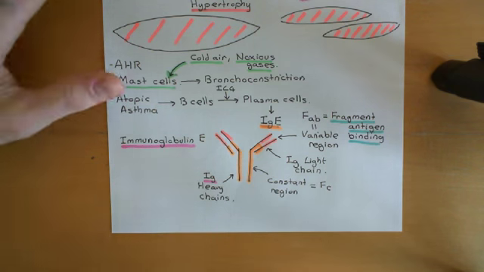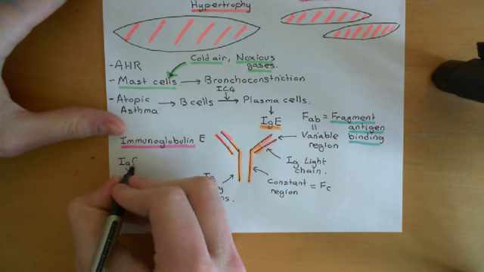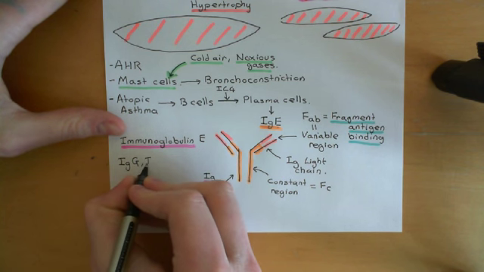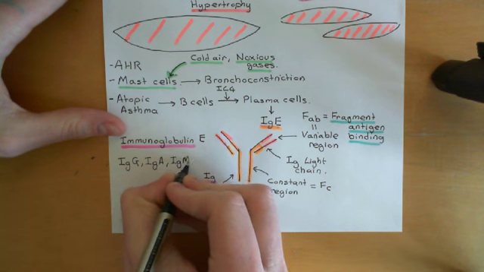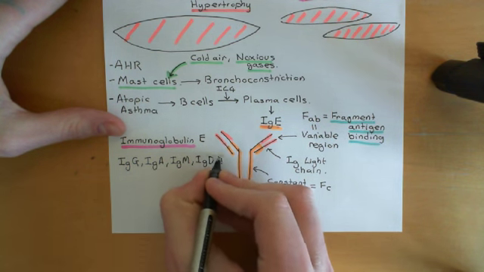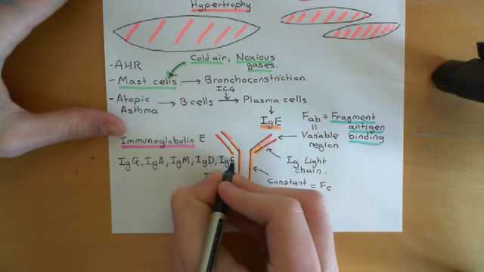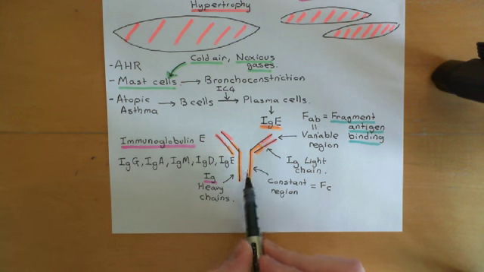Okay, so this is what the difference between the different types of immunoglobulin are: IgG, IgA, IgM, IgD, and IgE. This is what this is referring to. All of these different types of immunoglobulin molecules, it's referring to a different type of constant region of the immunoglobulin